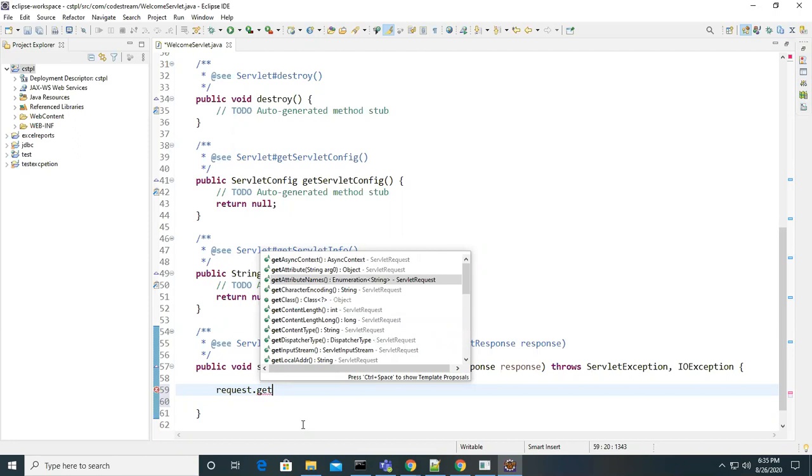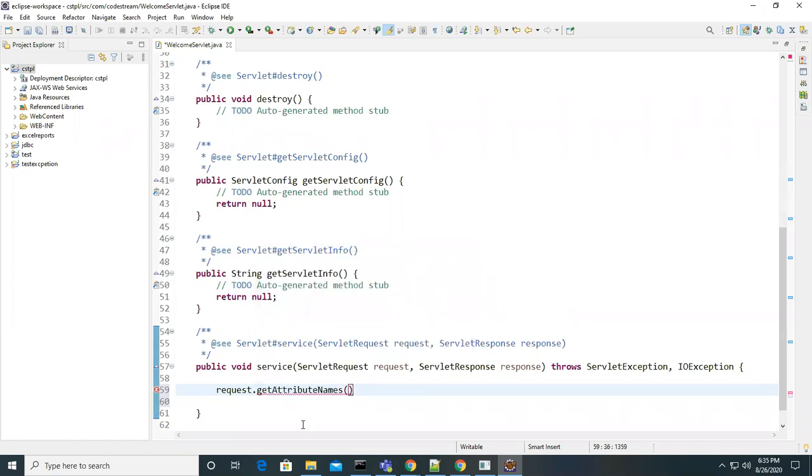Before calling the servlet, all that kind of information, whatever we get from the client, will be placed in that request object. Okay, so what we will do is we have the getAttributeNames method. We will just select that method and assign it to a variable, attribute. So what is this, guys?